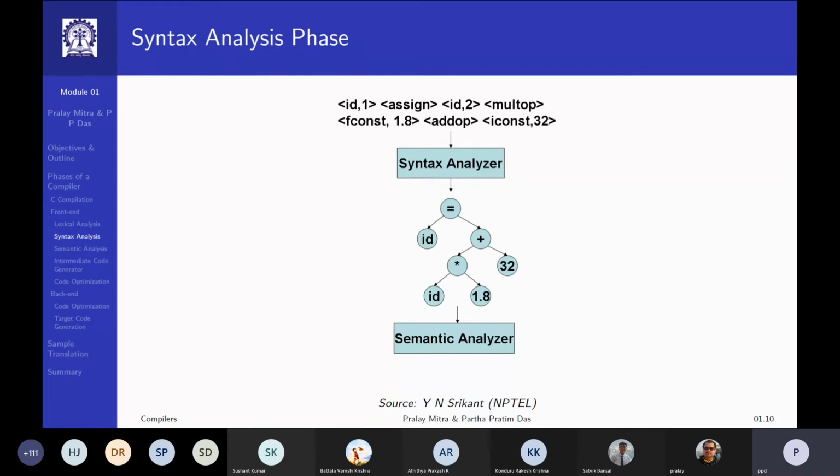So I said that the syntax analysis has to do with the grammar of the language. And this is how it works: if it is according to the grammar, it will be able to build the tree, the syntax tree, and you know that your program is syntactically correct. And it tells you exactly how to execute the program.